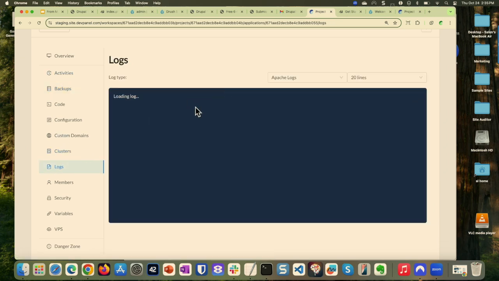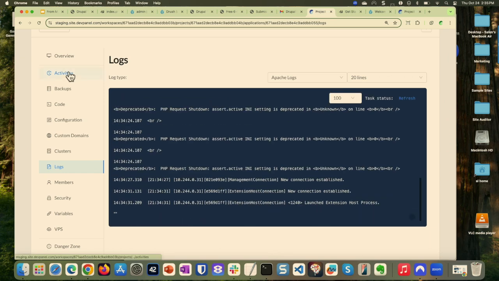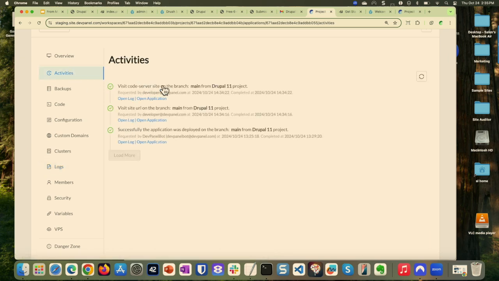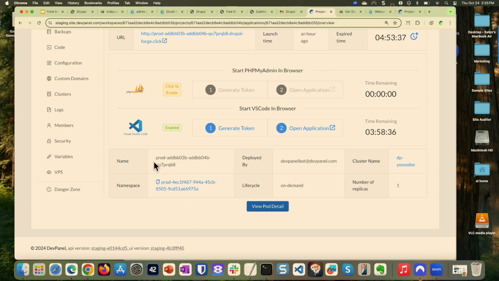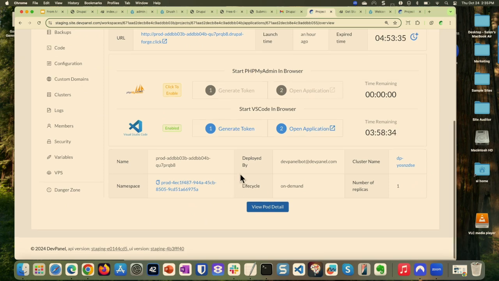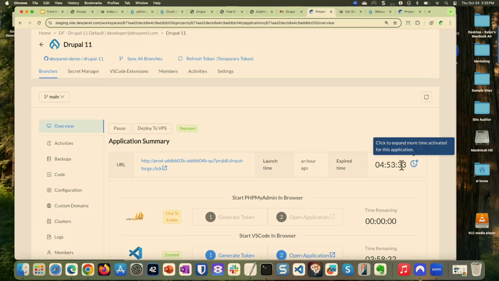You can look at your logs, and you can look at your activities on who did what and when. So if you have multiple users using this, you can actually see it. And this essentially is running on a cluster. Oh, here's the top off, right? So here's the gas tank. So now we've got this much time running. If I click on this,